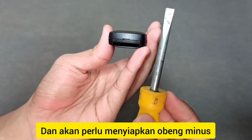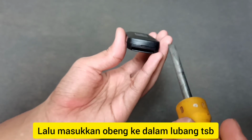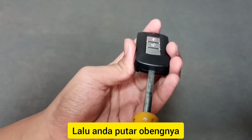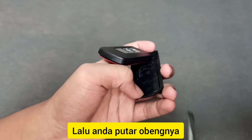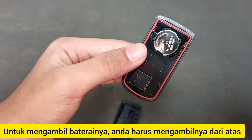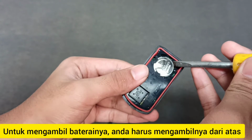Then you must have a minus screwdriver. Then you put the screwdriver in the hole. Then you twist the screwdriver. See? So there it is. So to pull the battery, you must pull it from the top